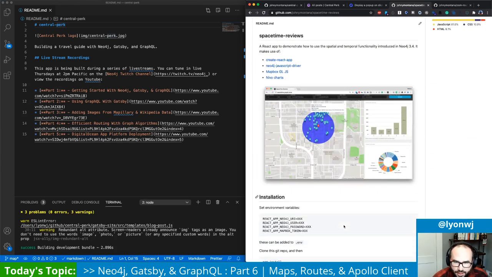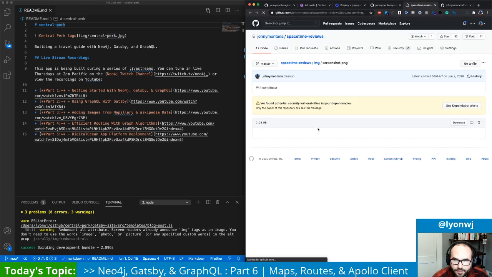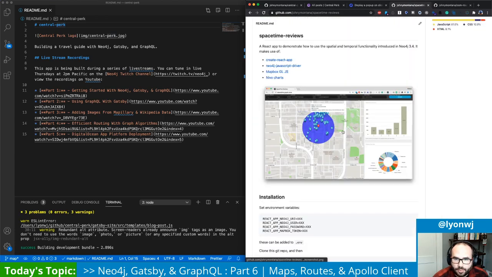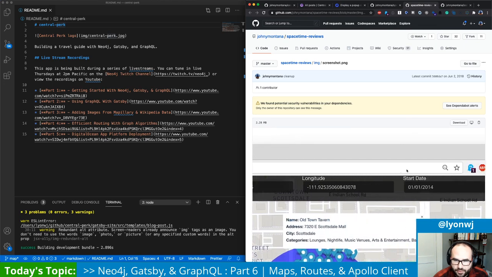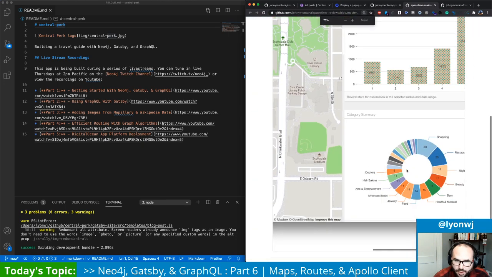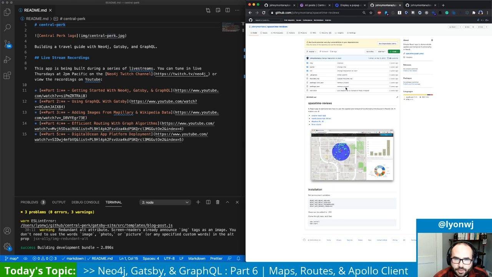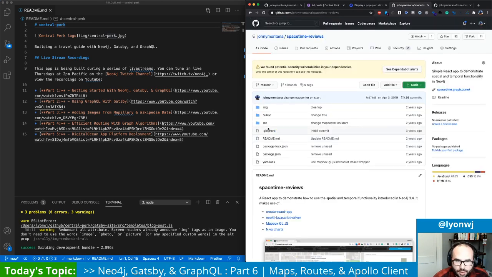So in this project, the idea here is we had some business reviews data from Yelp. And what we wanted to do is be able to filter in this distance radius, move this marker around, find businesses within that radius, also filter by date range, and then do some dynamic calculation on the distribution of, I think we're looking at the stars of businesses, or the stars of the reviews, and the category distribution is what it was. But anyway, so in this case, this was a React application, and we created a map